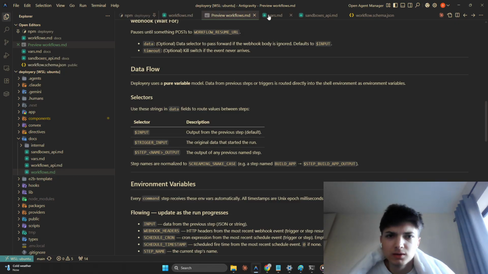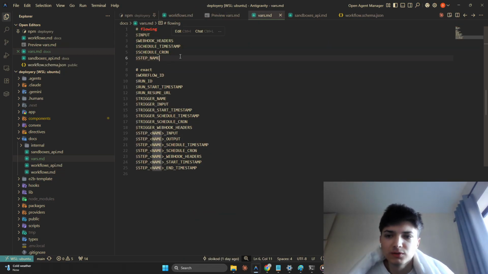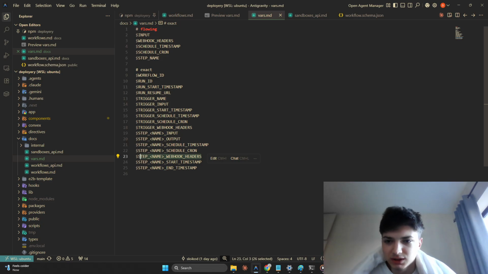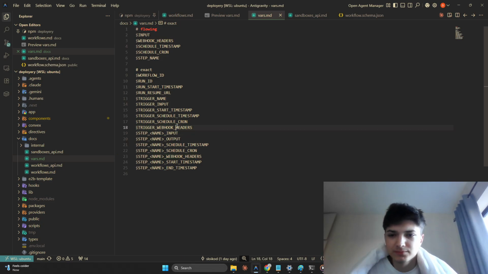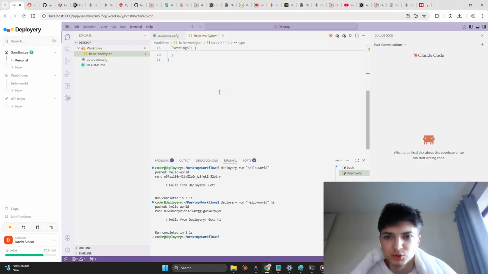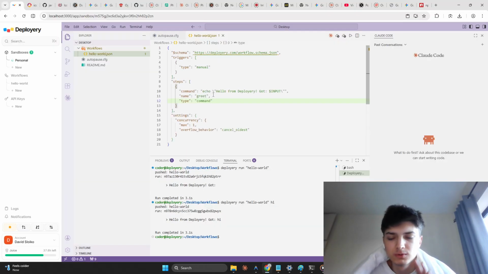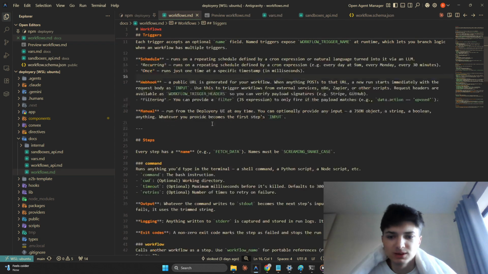So this is what I call flowing variables. This is something that can change with each step, right? With the trigger and the next steps. But then you can also have an exact step, or exact variable, which, for example, you can use an input or an output of any previous step, or you can use the headers of the webhook for a given step, or for a trigger, and you can have multiple triggers. I already said that, but yeah, this is essentially just the framework to be able to build anything. Yeah, that's what I would say.